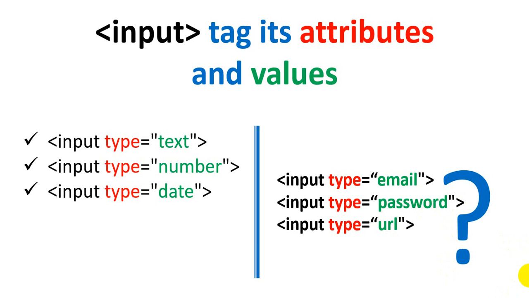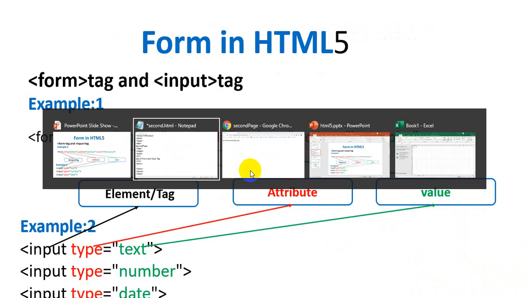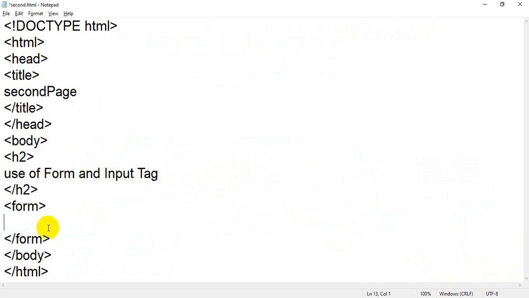So in that case, if you want to add any website address, for example, if we are working in the KMS, so KMS URL is kmssschooljc.org. Again, there is a dot and there is an org. So URL also has certain specific rules and regulations like email. So if you want to enter any URL, you have to use input type equal to URL. So we will see these things. Now back to our programming part, that is notepad. Now we will take one by one. For example, first I will take email.